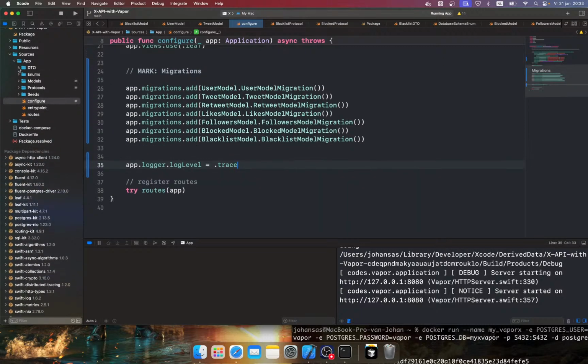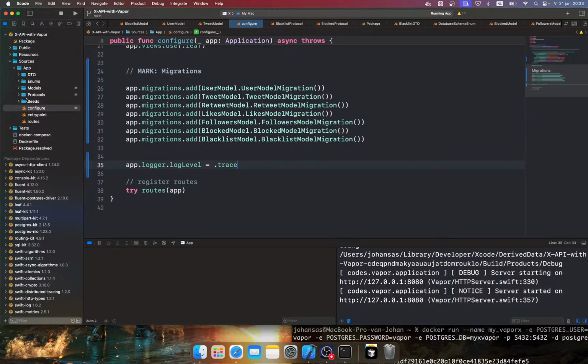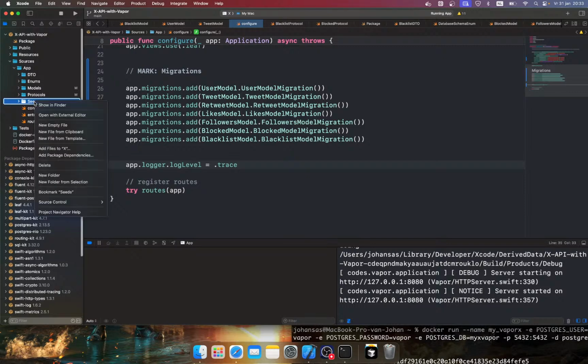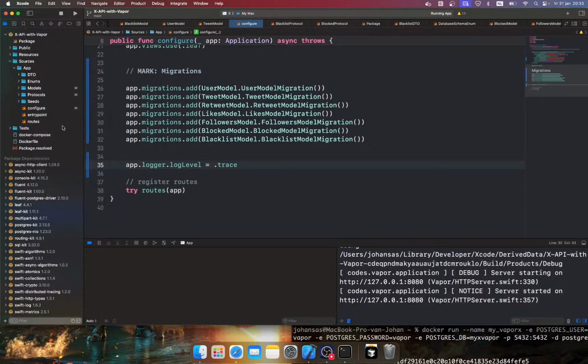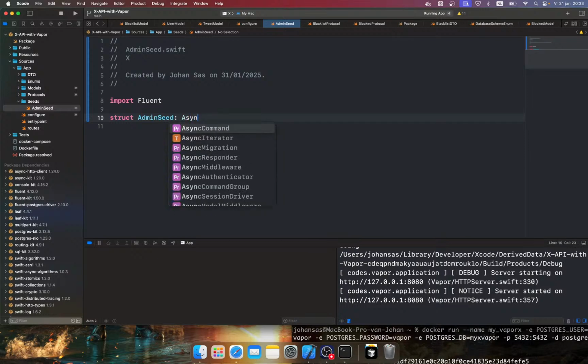So we have all the basic functionality. What we can do, let me think. So let's create an admin seed really quick. So in seeds, we can create a new empty file, and we can call this admin seed. In here, we can say import Fluent, and we can say struct AdminSeed is going to be of AsyncMigration,